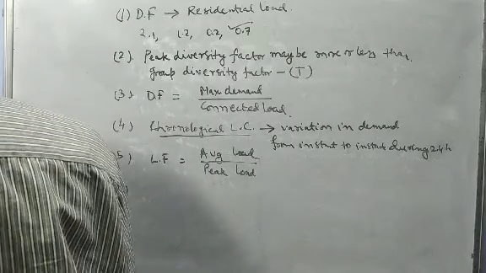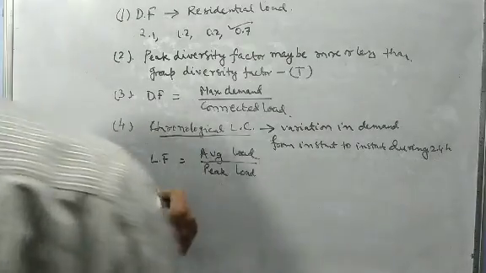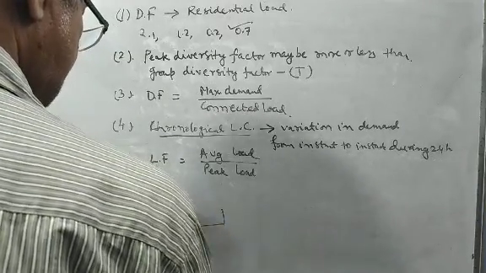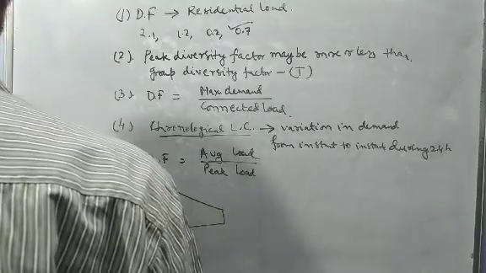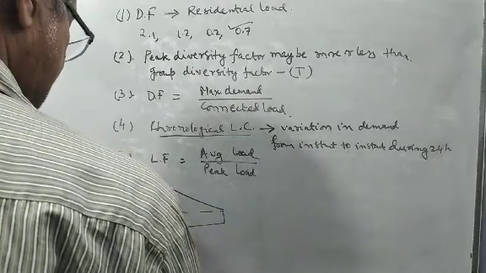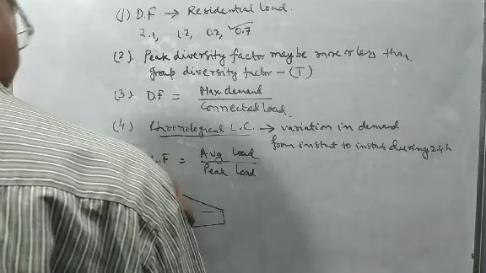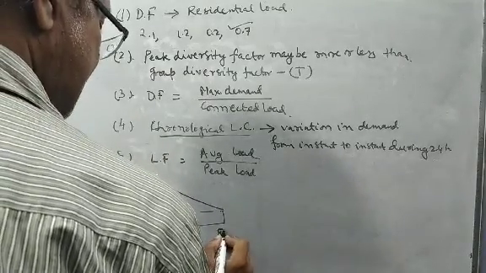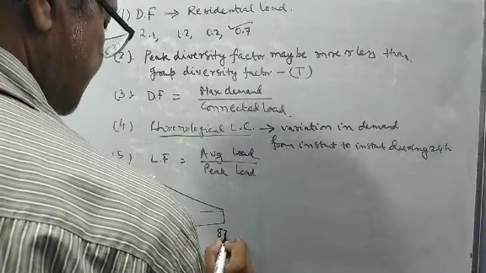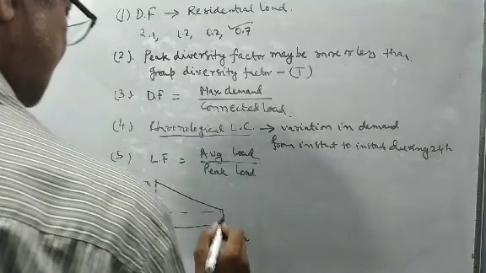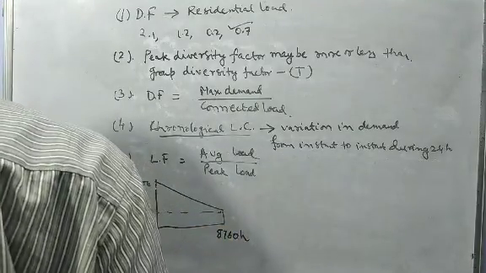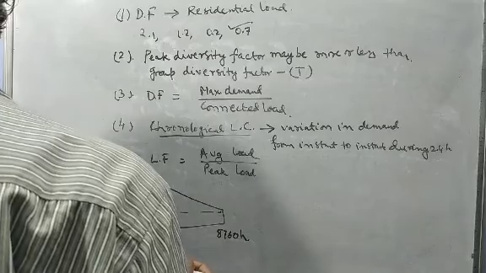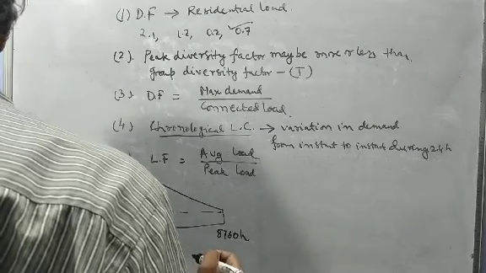So, one curve has been given to you. The curve is like this. Here it has been told it is 20, here it has been told as 100, and here it has been given as 0. And this one has been given as 8760 hours. So, this is the curve. So what does this curve tell you? This curve tells you about the annual load duration curve.